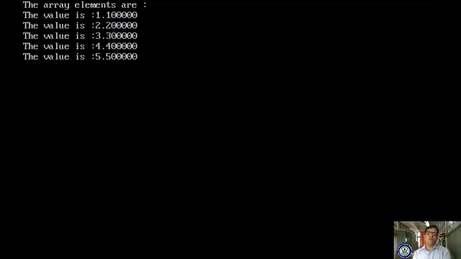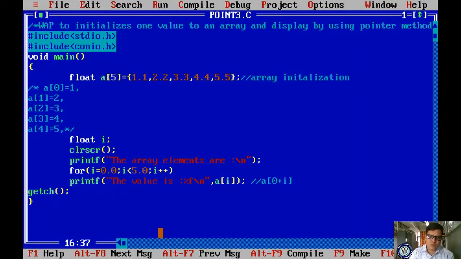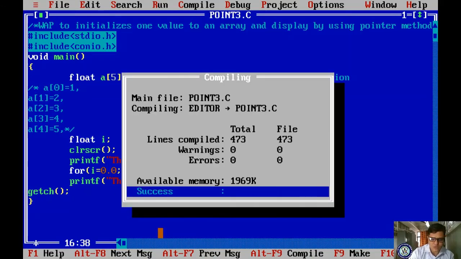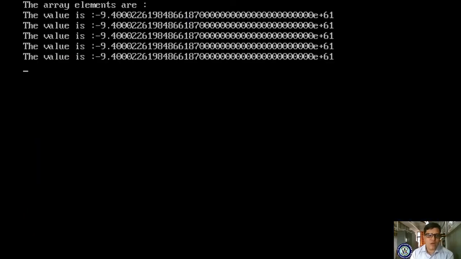Okay, if I give the E of I, it will print the value. Okay, if I simply give the A, it will print only the address of the first value. 9.4 187 187 187. It is showing only one address.